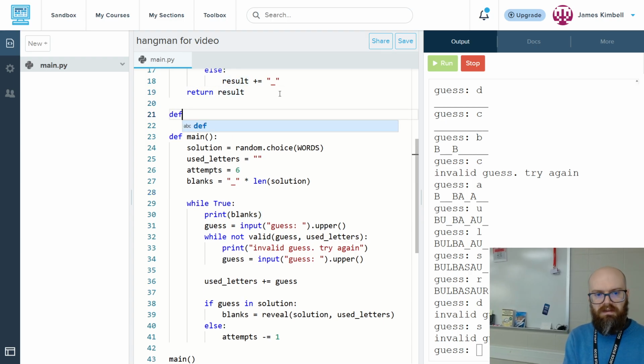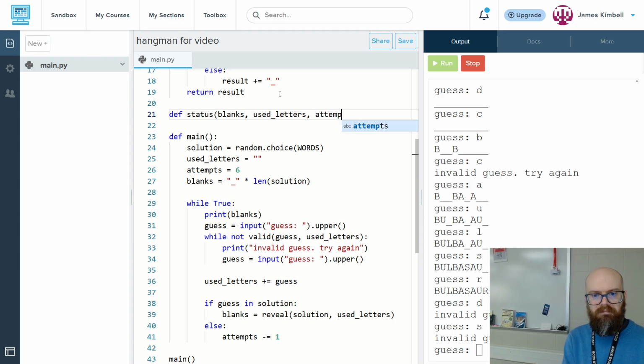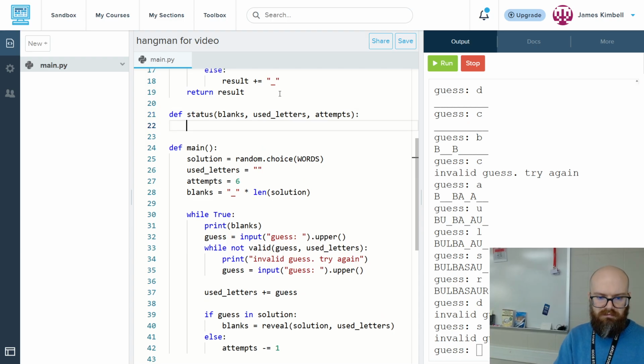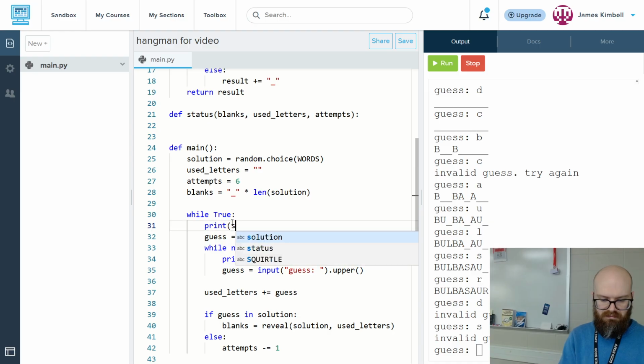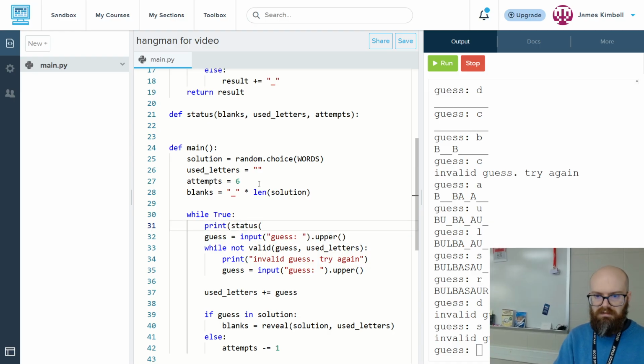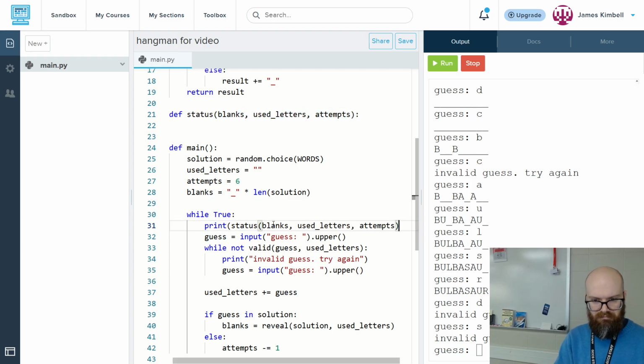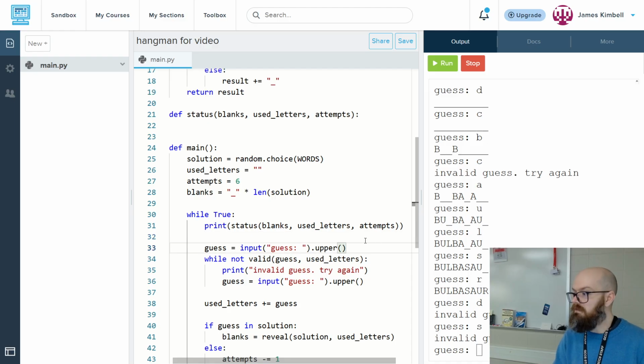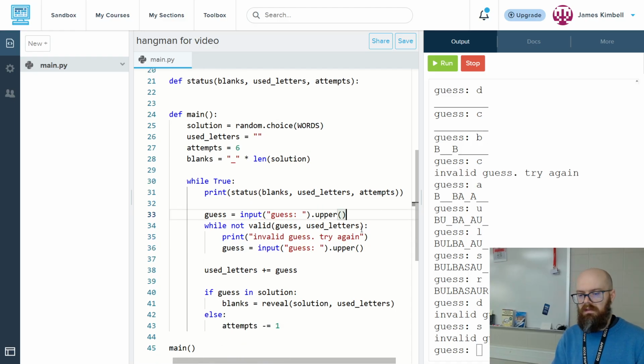Okay, so let's make a thing called status, and then it's got blanks and attempts. Maybe we'll do used letters first. Doesn't really matter, but just thinking to keep it consistent. So then I'm going to go print status of these guys. So this function is going to return a string. Is that the only way to do it? Of course not. There are lots of ways to do it, but I think this is going to be